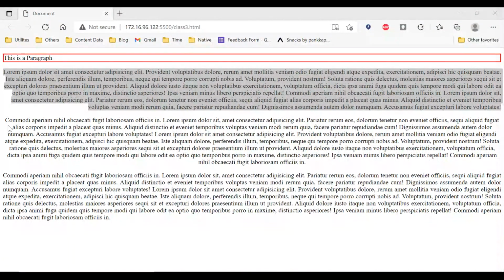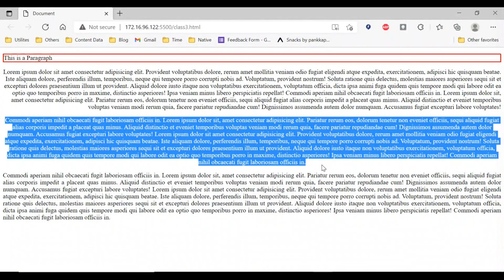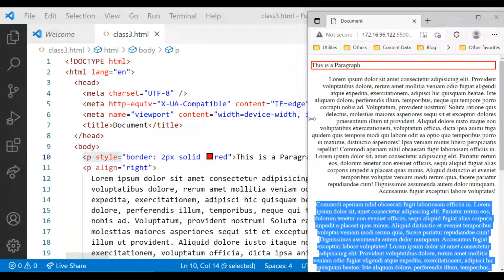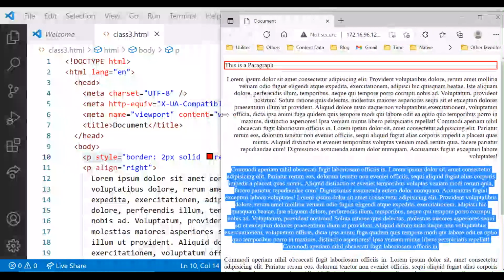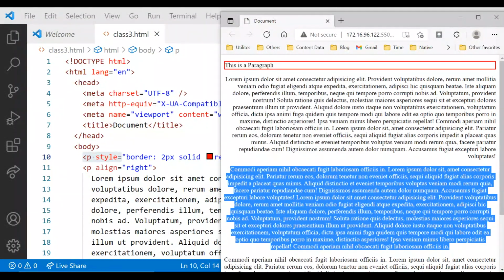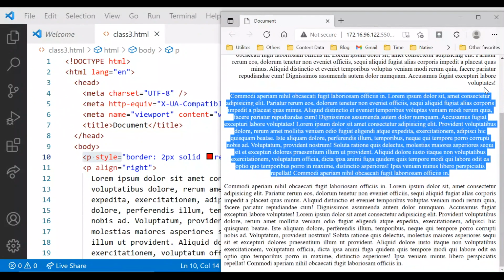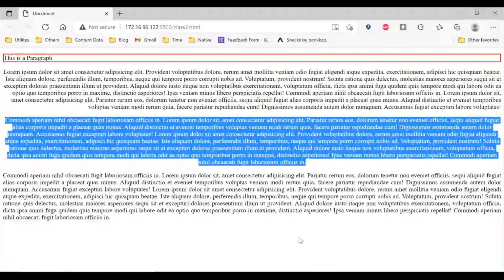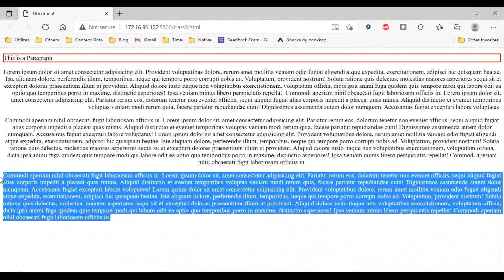And now the next, this third paragraph is center aligned. ये बिल्कुल पैराग्राफ सेंटर में आ रहा है. Let's see, अगर आप इसको ध्यान से देखें, this is center. Okay, and the first one is right. And now the third paragraph, अगर आप थर्ड पैराग्राफ को ध्यान से देखें, it is properly justified on the left hand side and on the right hand side. So it will take the entire width, no space will be left on the right hand side as well as on the left hand side.